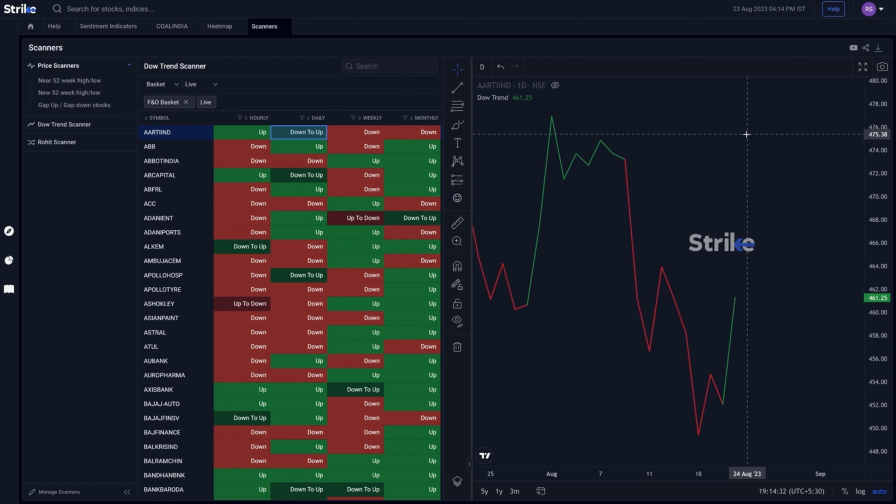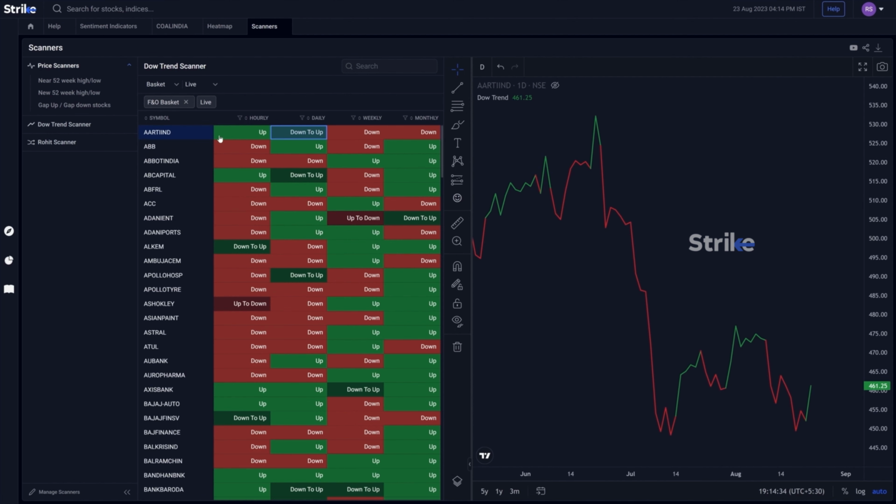It's already green and it's in continuation. Similarly, if it's going from down to up, it means that the trend is changing from down to up. So this is a trend reversal. And if you want to see this across time frames, hourly, daily, weekly, monthly, you can simply